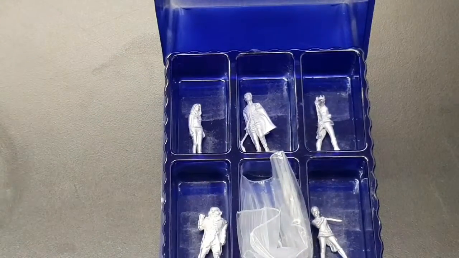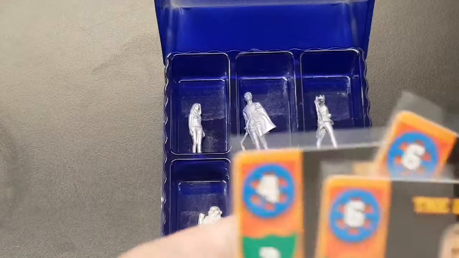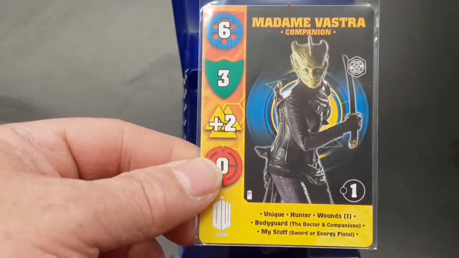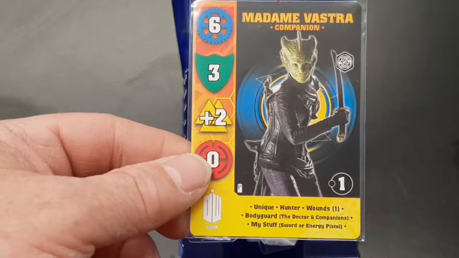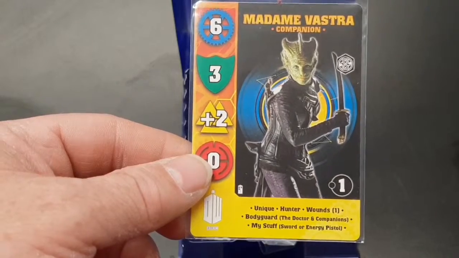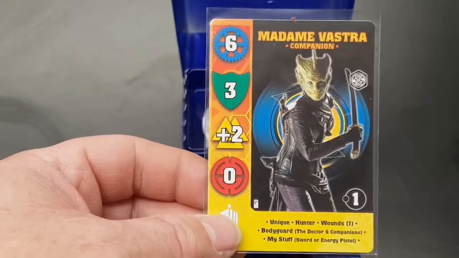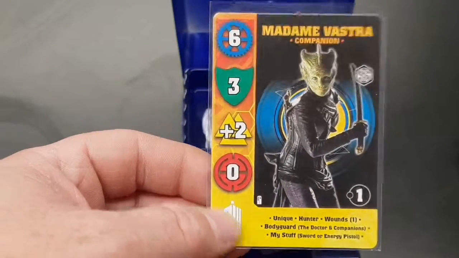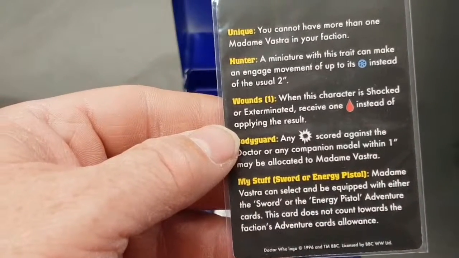Okay, so as I said, you don't actually get the cards for the game with this, but they actually come in the game. So first of all, we've got Madame Vastra. I'll just zoom out a little bit so you can see her. Right, so she's unique, hunter, wounds 1, bodyguard, Doctor and Companions, my stuff, sword and energy pistol, and she's got 1 fate point. She's got a speed of 6, resilience of 3, a close combat of 2, and a ranged of 0. And if we look on the back, she's got unique, which means that we can only have one